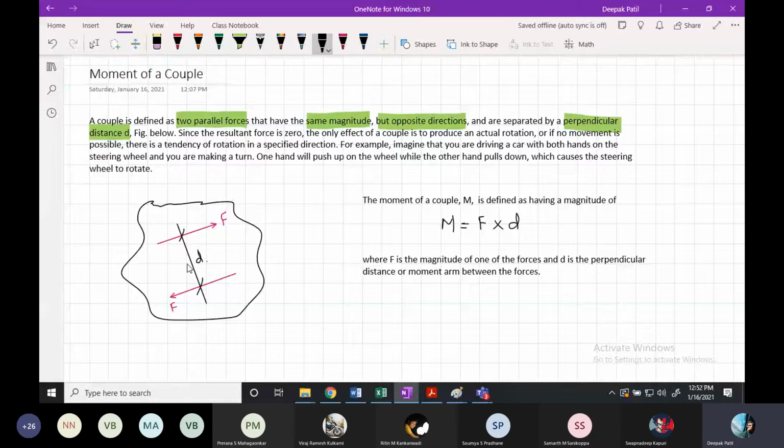I gave you an example of a moment of a force, right? You want to tighten a nut. You put the spanner and you put force at the end of the spanner. So that is the moment of a force. Now I gave you an example for a moment of a couple, the steering of your vehicle. You hold your steering with two hands together, and one of the hands you pull down and the other hand goes up. So that is the example for a moment of a couple. So there is a basic difference between moment of a couple and moment of a force. Are you clear?